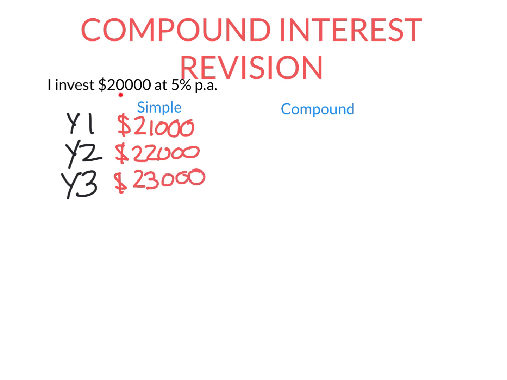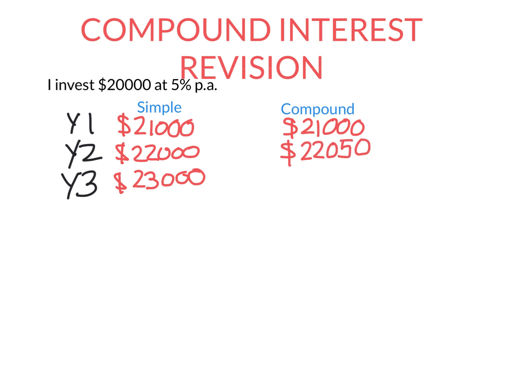Let's say that I invest $20,000 at 5% per annum and interest was compounded annually. That means they recalculate the interest that you've earned at the end of each year. So in the first year, I would still earn $1,000 interest because 5% of 20,000 is 1,000. But for the second year, I would increase 21,000 by 5%. So increasing by 5% is the same as timesing by 1.05. So 21,000 times 1.05, I get